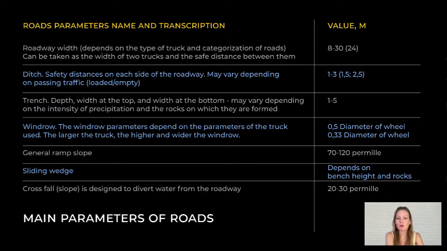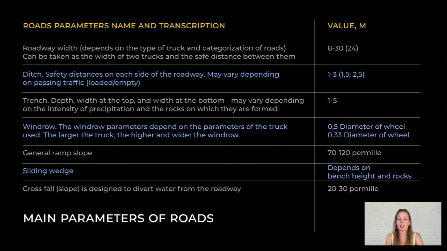Now, let's discuss trenches. These are crucial, especially in wet conditions, for managing water, which is the destroyer of mining operations. The size of trenches depends on the type of rock, wider for soft rocks and narrower for hard ones. They need regular maintenance and should be connected to sumps for effective water removal using a cascade system.